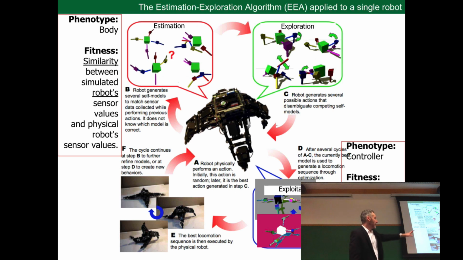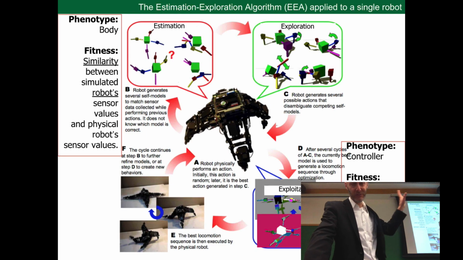Okay. In the exploitation evolutionary algorithm, this one's a little bit more familiar. The phenotype is the controller, the thing that controls the robot. It wasn't actually a neural network controller in this case, but it doesn't matter. It's a string of numbers that dictate how the robot moves. And fitness, as we've seen many times, is simply forward displacement of the best robot. And we'll leave the exploration algorithm for another time.